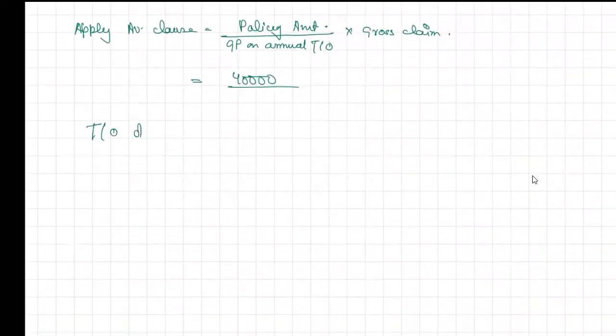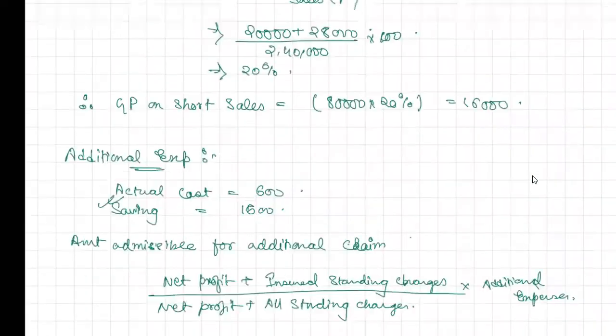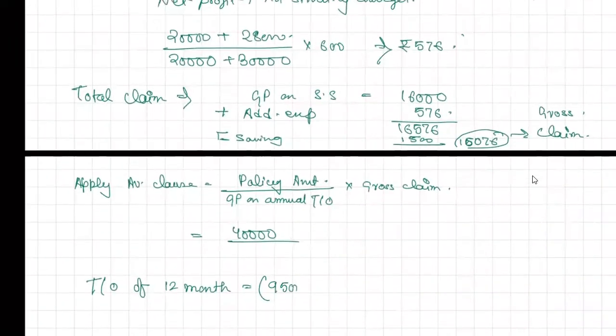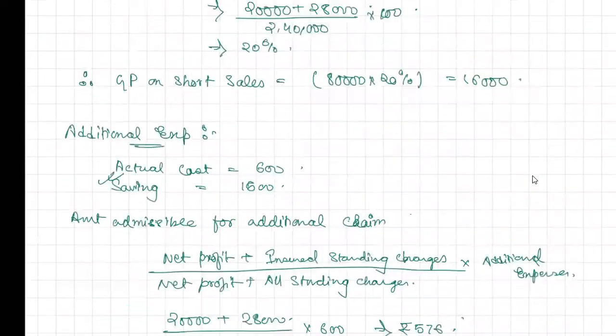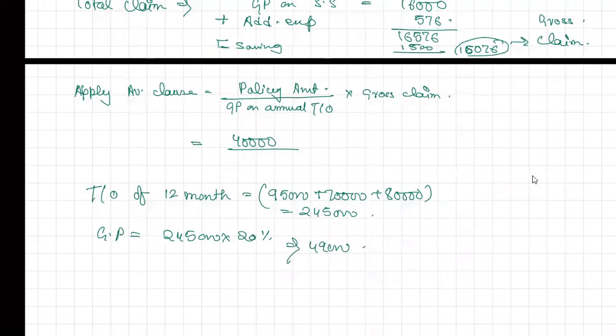तो टर्नओवर ऑफ 12 मंथ कितना आ रहा है टोटल? 95, 70, 80। 2,45,000। 95 और 70, 80, 70 प्लस 80, 2,40,000। 45,000। 2,45,000। ठीक है, इस पे हमको जीपी लगाना पड़ेगा, तो 2,45,000 इंटू जीपी रेट व्हाट वी हैव कैलकुलेटेड 20%। कितना आ जाएगा? 49,000। तो नाउ सी, 49,000 का आपका टोटल प्रॉफिट, आपने पॉलिसी से 40,000 के लिए।